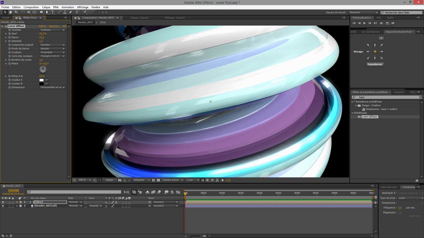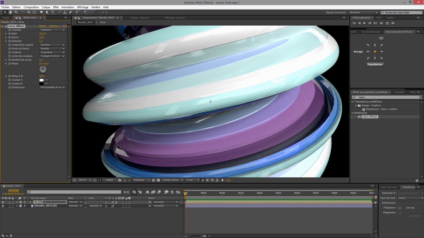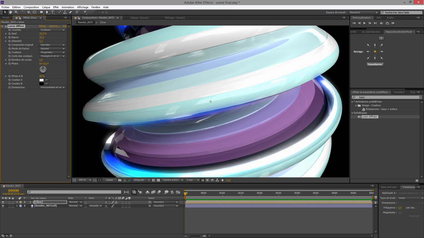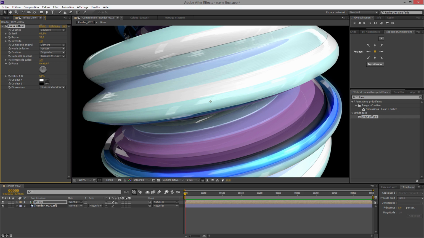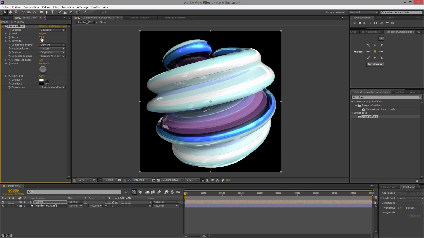You can also animate this value here, so you can start from here and make that animation. It can be cool. I will stay like that, a little strong here, and it's okay. Yes, it's okay.